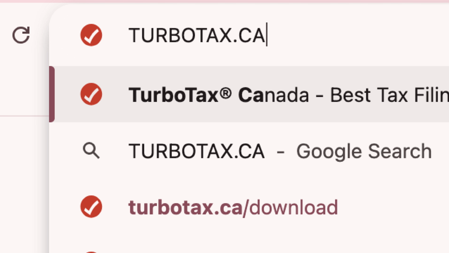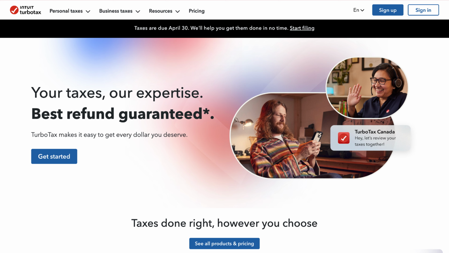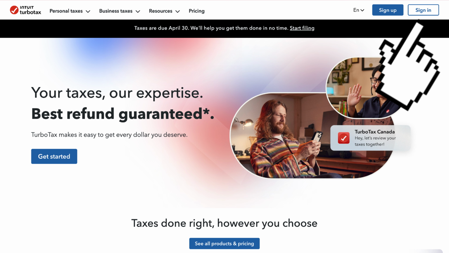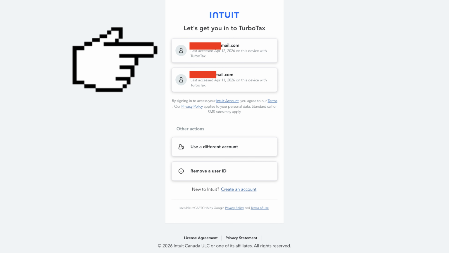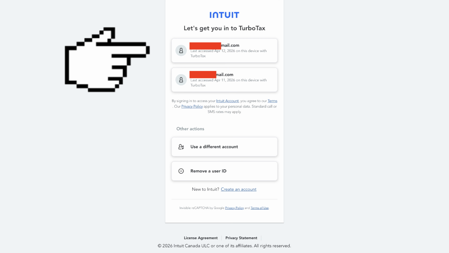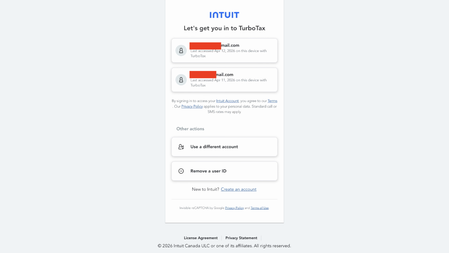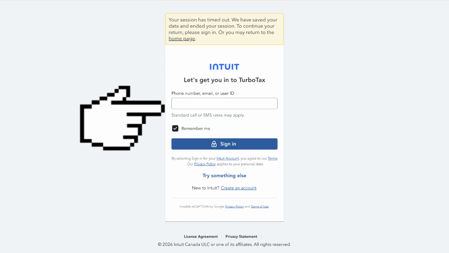On the search bar of your browser, type in TurboTax.ca, which will open up the TurboTax website, and hit the sign in button at the top right of the screen. Usually, your TurboTax account that you used on the same device before will appear, and you may click on it to sign into your account, but if it's not there, and you see this page instead, you may start to